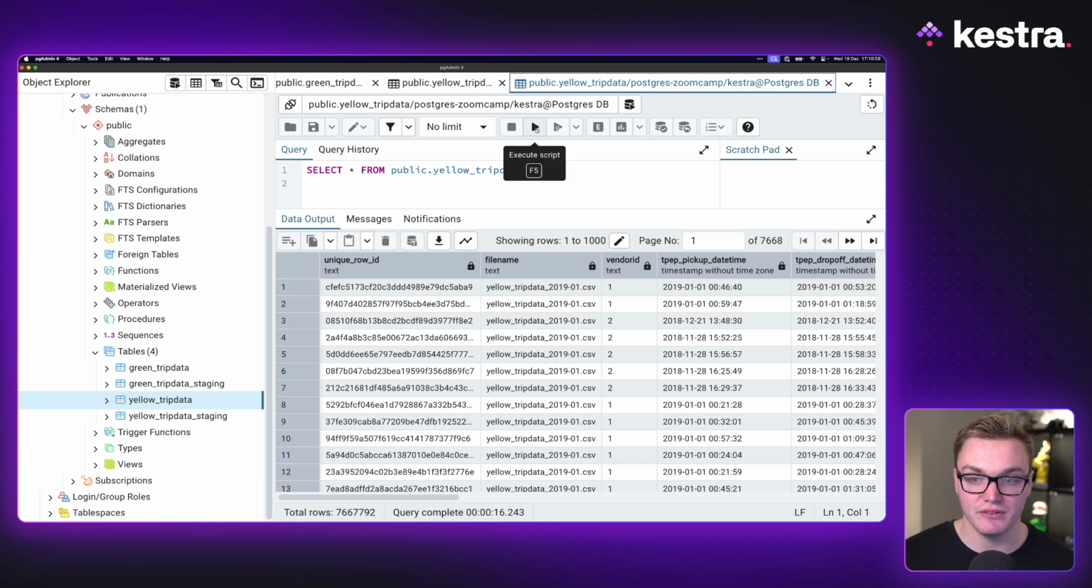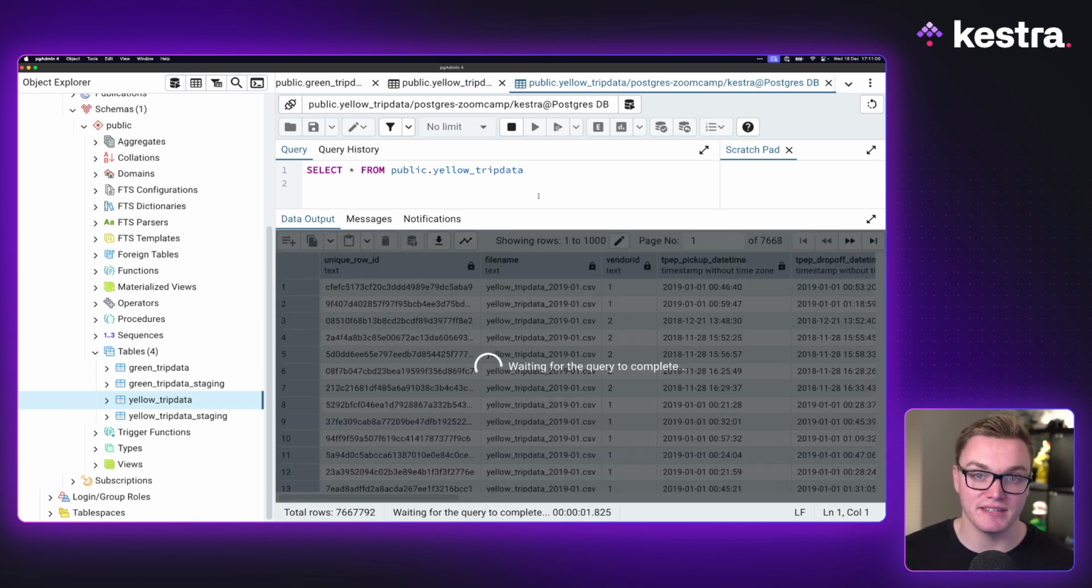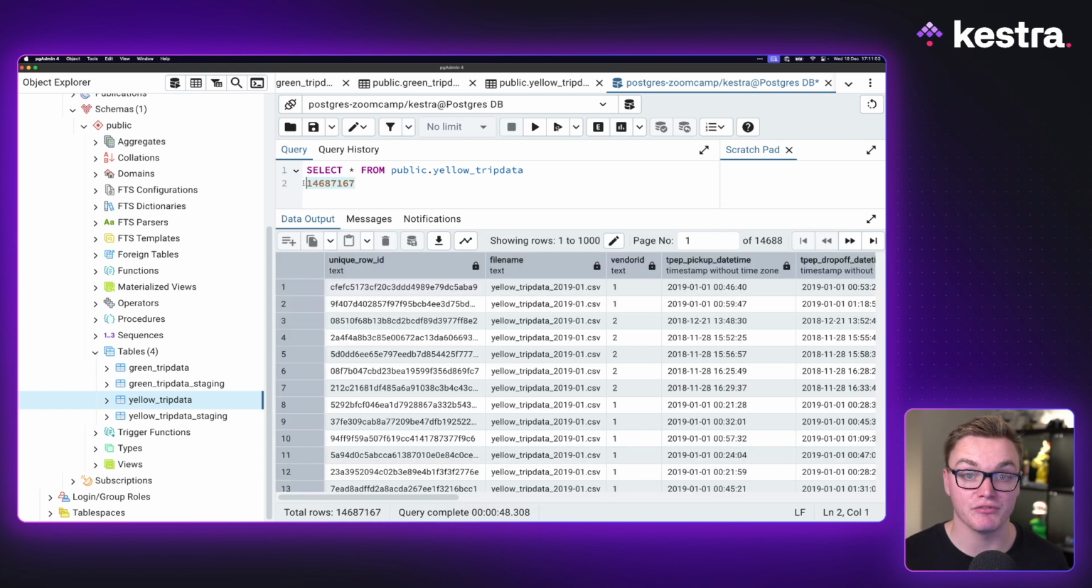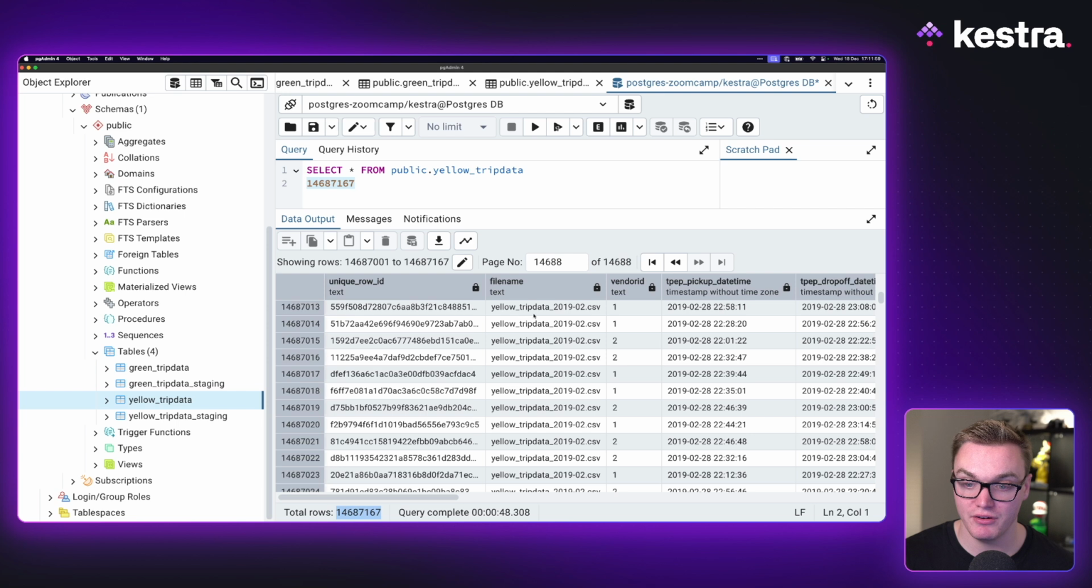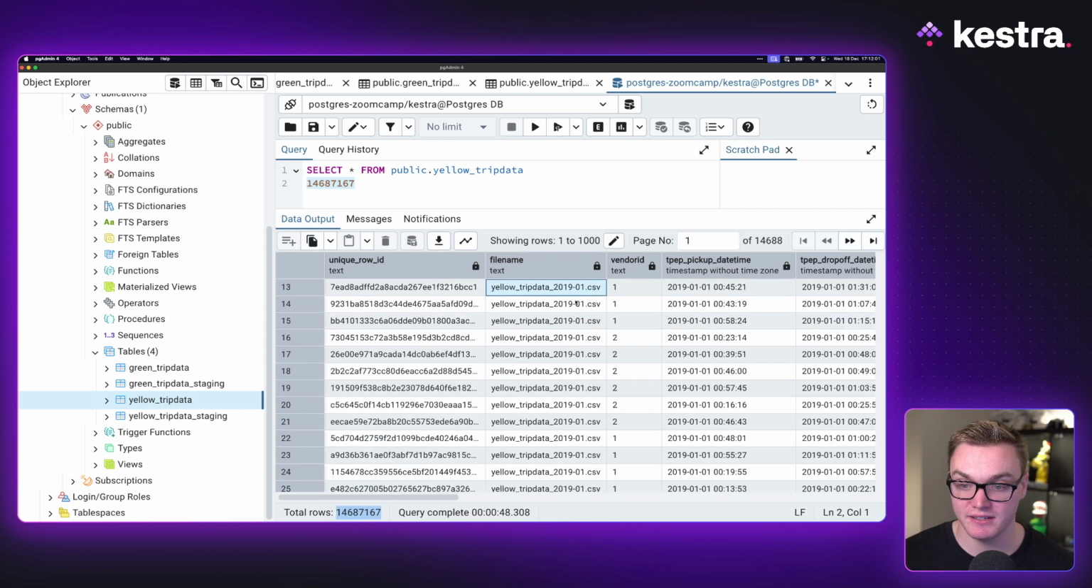So now if we look at the actual yellow trip data table, what we should see is this number of rows at the end. And as we can see, this was the number of rows we were expecting, and we can see that we got the same number. And again, if I go to the last row, we can see that that's using February data,